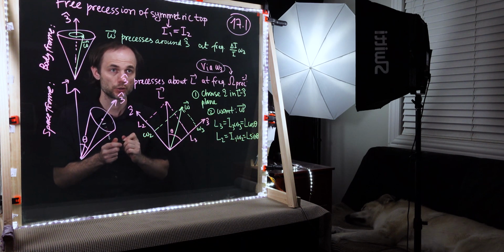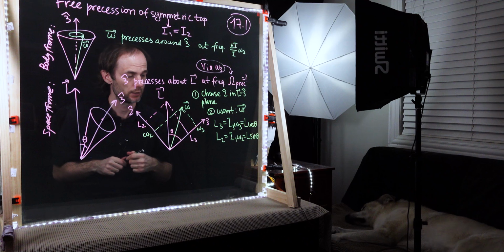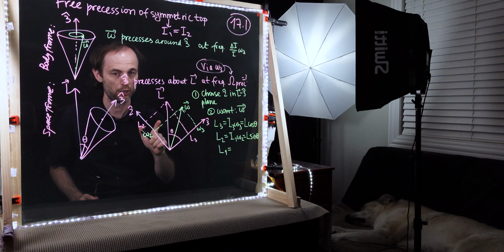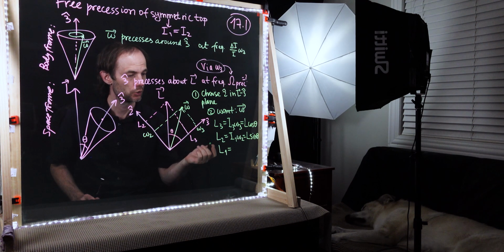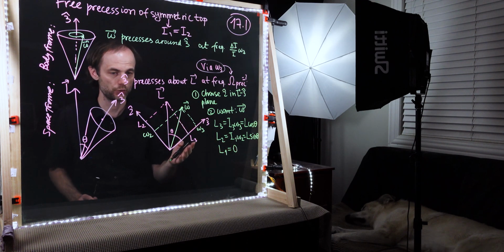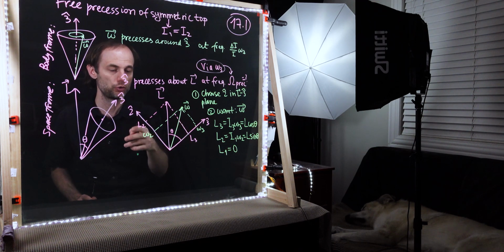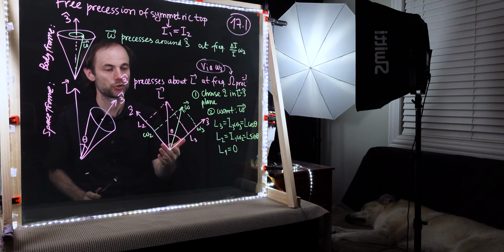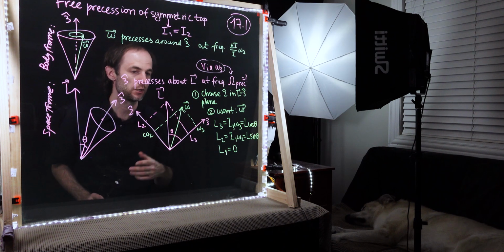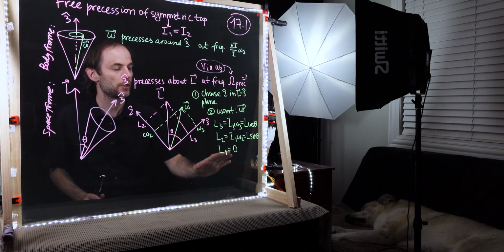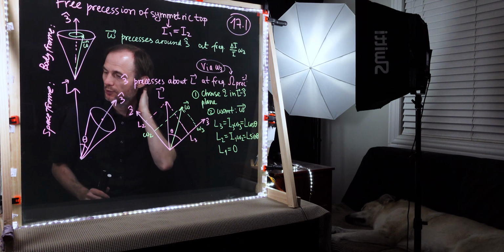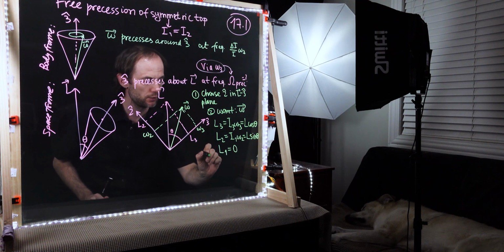Right? So that is good. And what about L1? Well, L1 is going to be out of the board, right? So that will be 0 because we've chosen our vector 2 to be lying in the plane of L and omega 3. So that means that vector 1 is sticking perpendicular to the plane and L doesn't make any contribution. So that's why L1 is equal to 0. So from all of this, we can make the conclusions that,